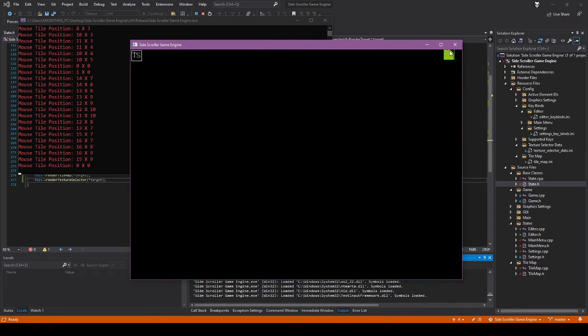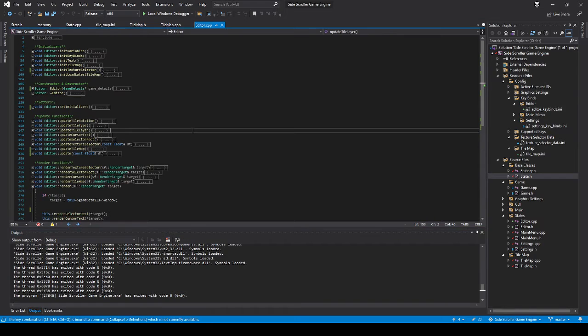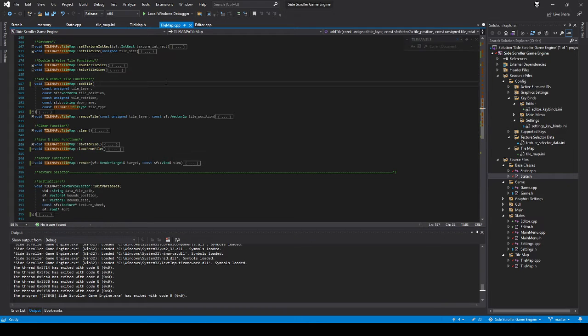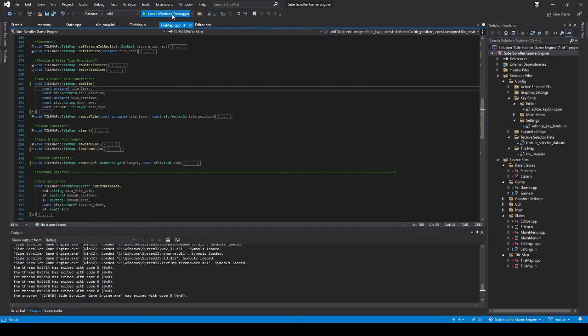Excellent. So let's go ahead and commit this. We figured it all out. Yay. We're one step closer to designing our own levels. That's nice. Okay. So let's go ahead and commit this. And also,